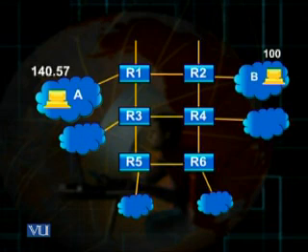This data packet would move up the TCP/IP layers inside server B, and server B would then know that an HTTP request has been made. Accordingly, it would retrieve that web page from its hard disk, again convert it into packets, move it down its TCP/IP layers and deliver it to R2. R2, consulting its table, sends it to R1.